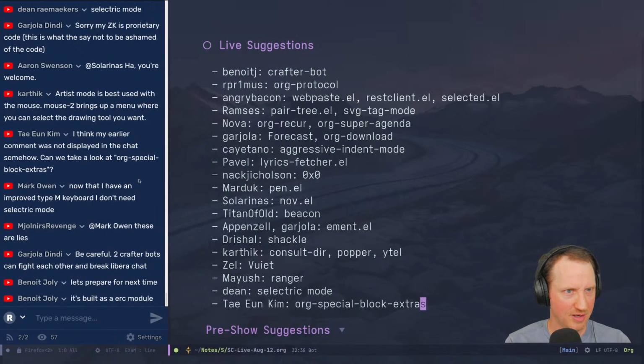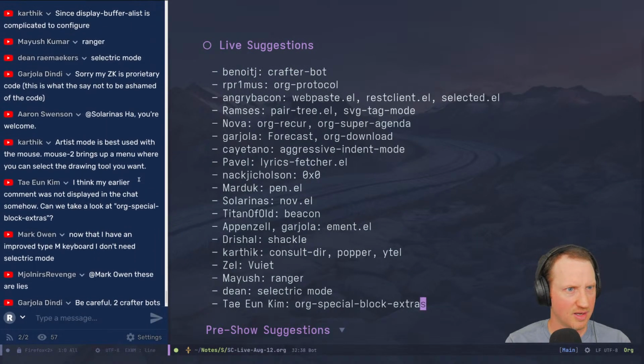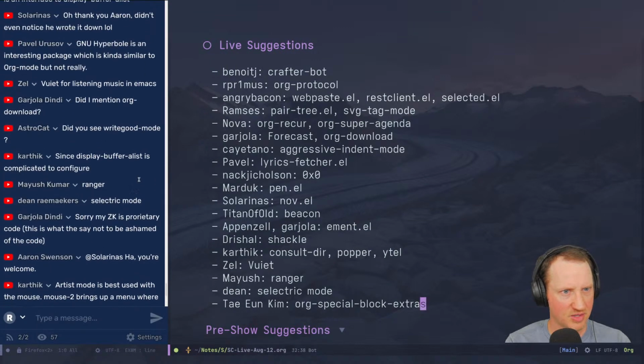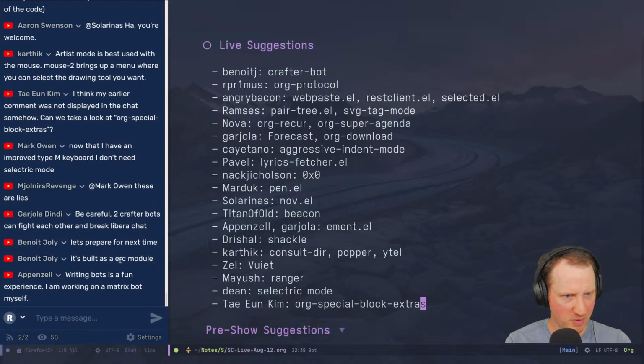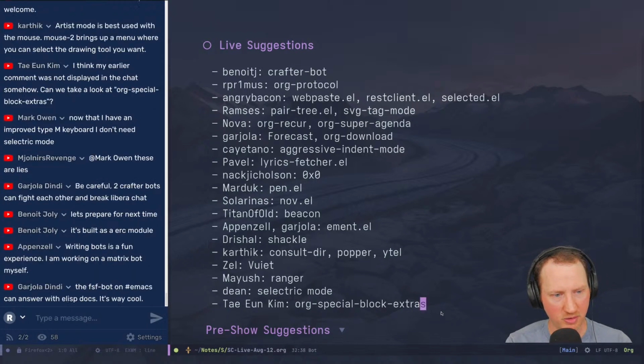Let's see. Garjola says, did I miss it? This chat seems to be updating a little bit slowly. Let's prepare for next time. It's built as an ERC module. Yeah, we should definitely try to show it at some point. Two crafter bots can fight each other and break LibreChat. Well, it's possible if they get into an echo loop or something. Appenzel says, I'm working on a Matrix bot. That's cool.